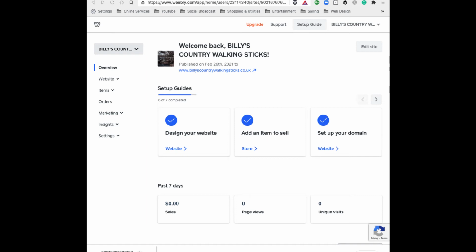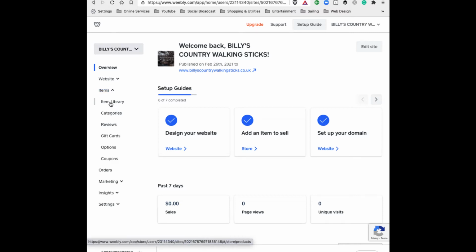In this video we're going to look at how to add an item for sale into your shop. So sign into the Weebly editing platform, and then go to items, and you've got item library, and then underneath that you've got various other options which are additions that you can